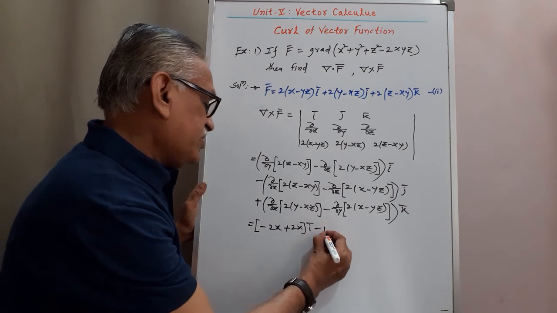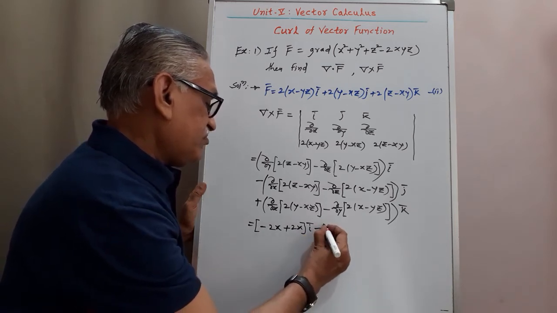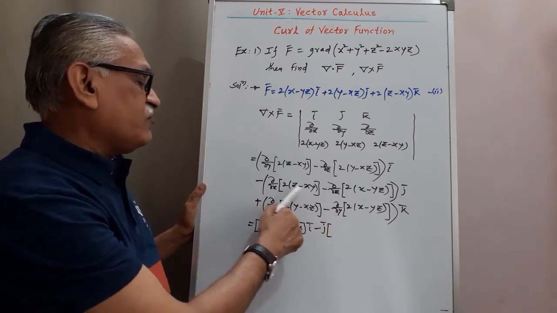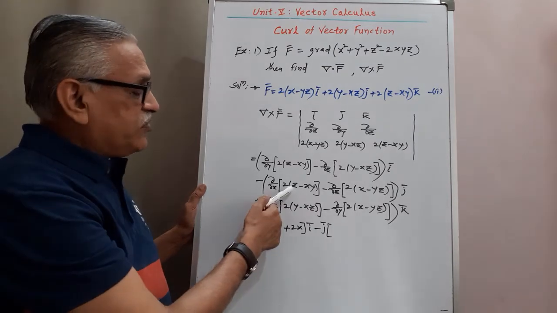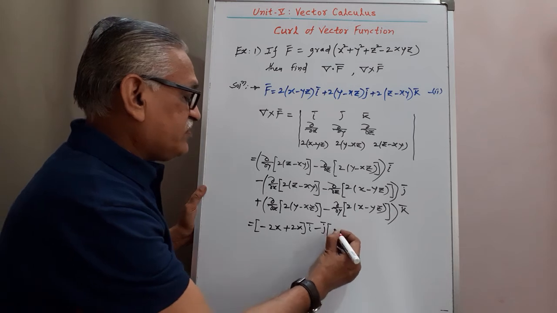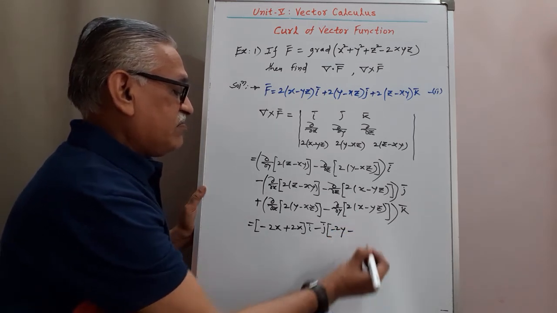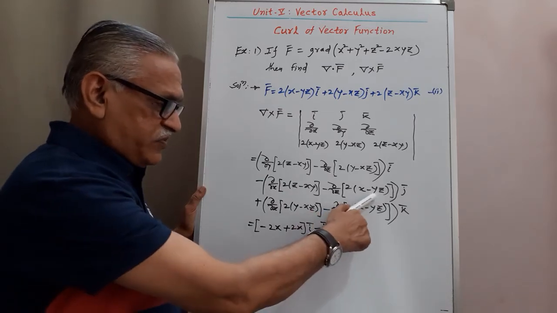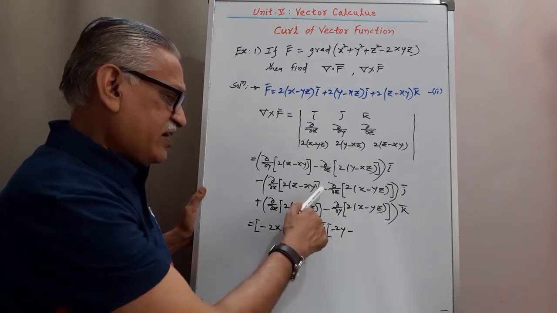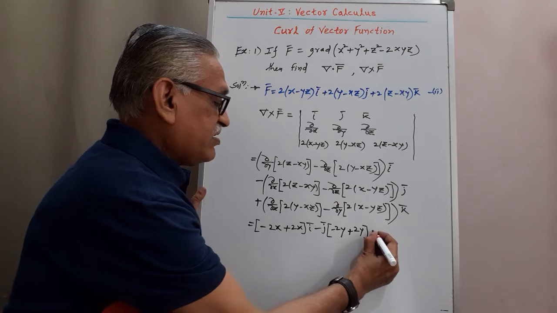then minus j into, differentiating this term with respect to x, derivative of z is 0, derivative of this xy with respect to x is minus 2y, minus derivative of this with respect to z minus 2y, and this minus it becomes plus 2y into j,